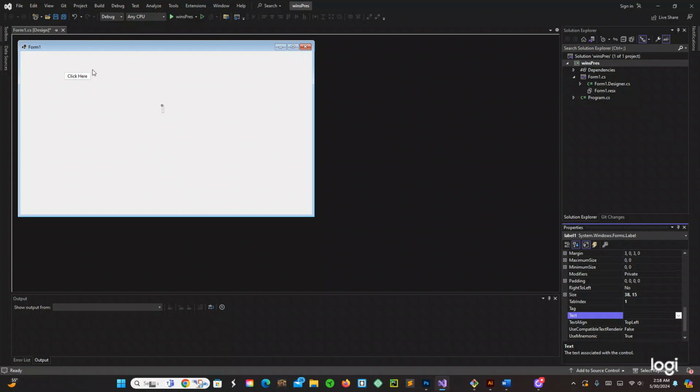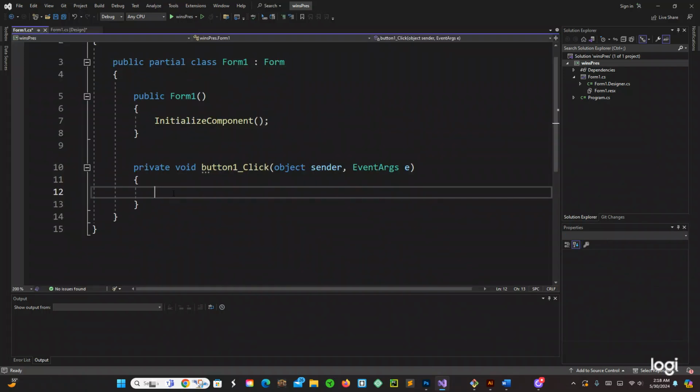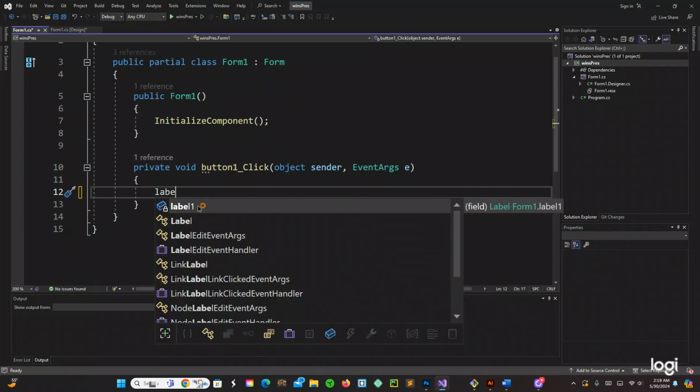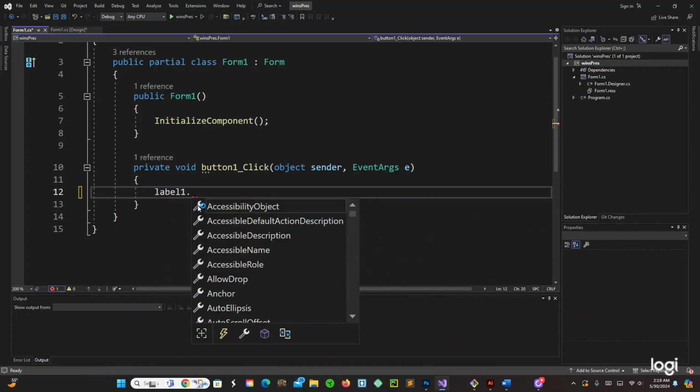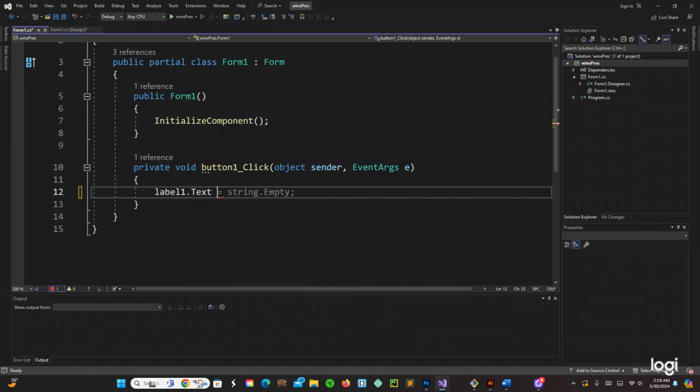So now if we double-click here, that should take us to the code behind the button, to the event. And now right here we're going to say label1.Text equals what we need. We're going to say good morning,